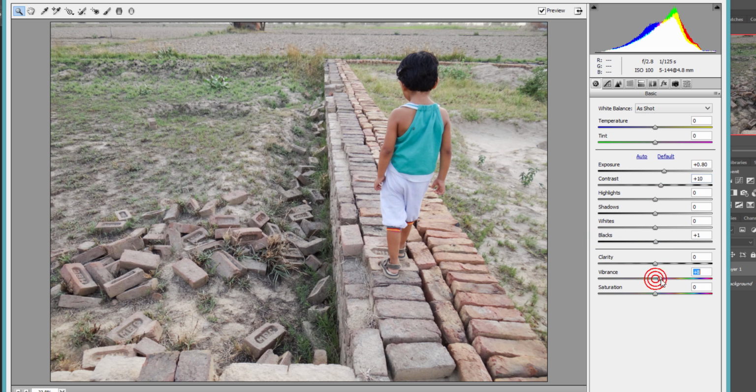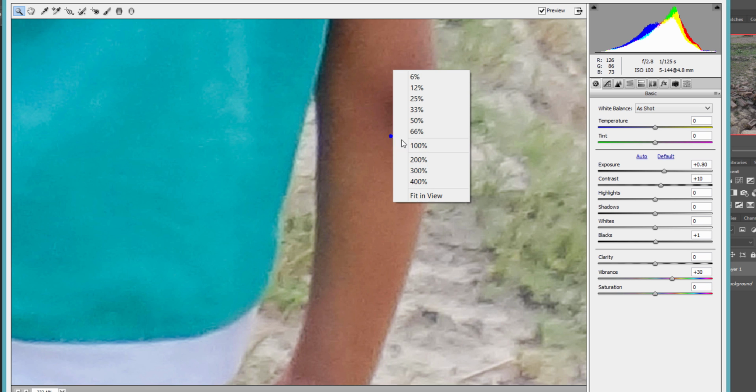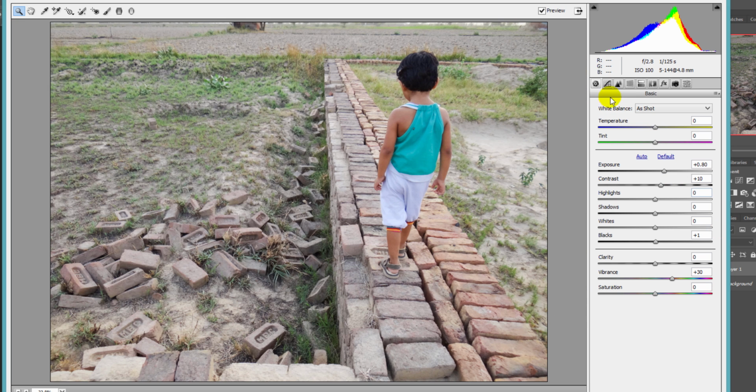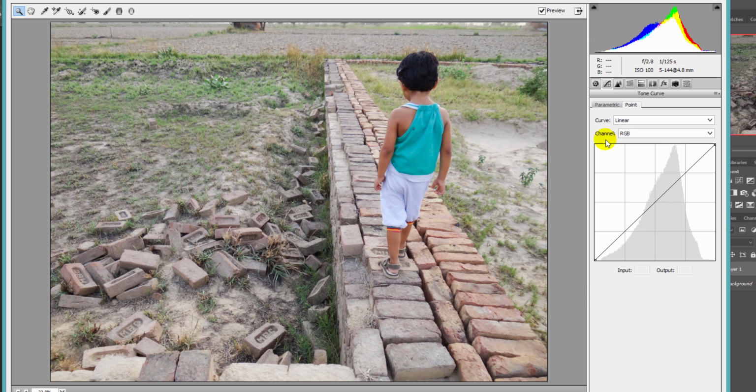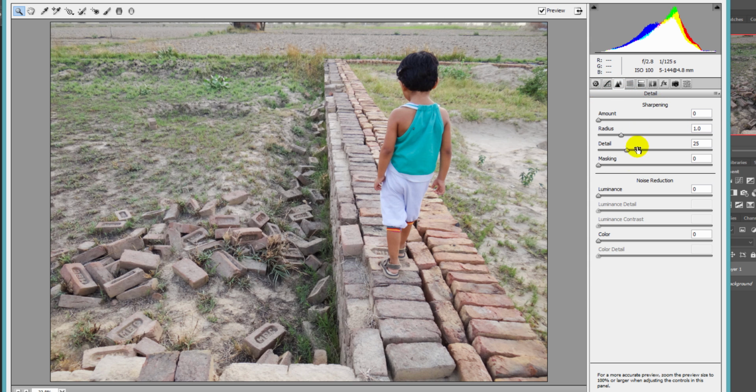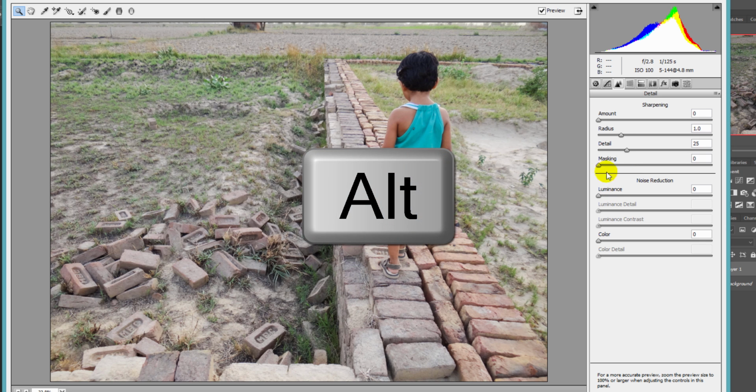If you want, you can increase the vibrance of this image so that we get some saturation into this. I don't prefer to increase the saturation because that sort of distorts the colors, whereas if you are using the vibrance, that does not do so. Okay, so let's come over here, leave this curves alone, come to this sharpening and press Alt or Option and